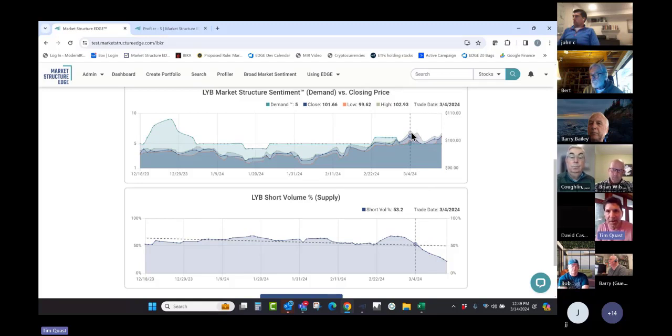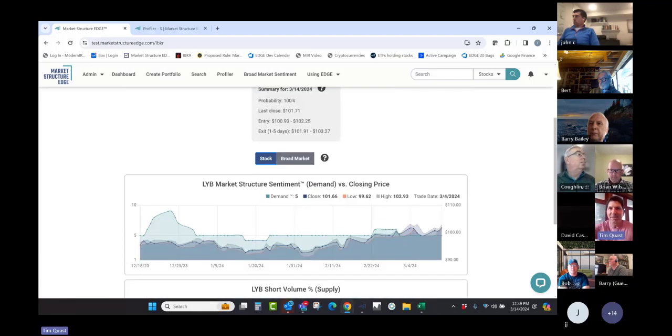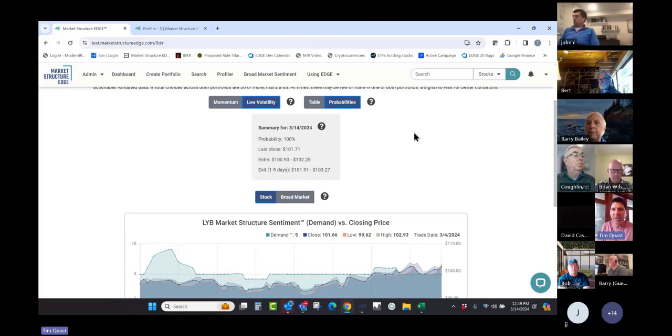And notice that up here says high, low, close. You can see those in a candlestick, but we wanted to be able to show you that that's where the probability of the return arises. And then it just spells it out for you. So today you were looking for in LYB an entry range in here, and either today or in the next 5 days, we want to exit with a 1% gain.